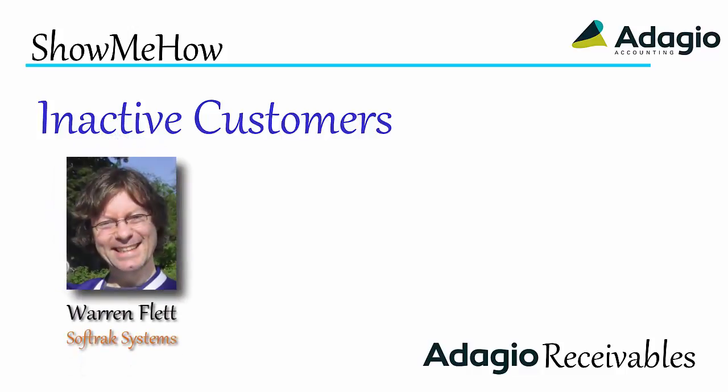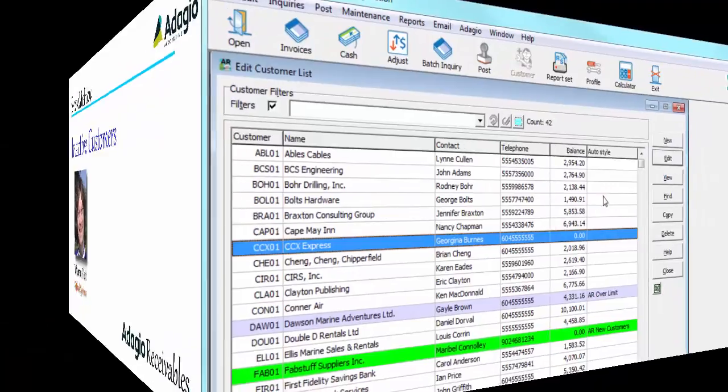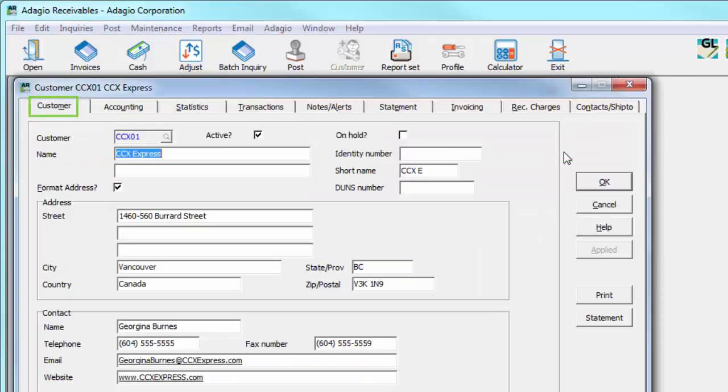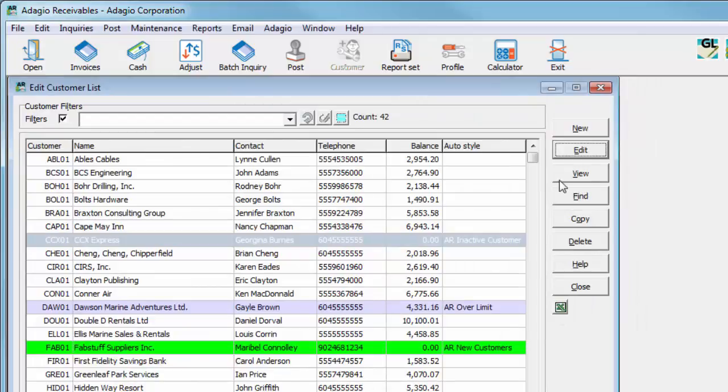Sometimes customers don't purchase anything for a while, and it can be easier for processing to hide low-activity customers from screens and reports. To change the active status for a customer, edit the record, and on the Customer tab, an active flag is available. When a customer is marked as inactive and the status saved, this has effects on how